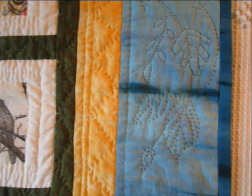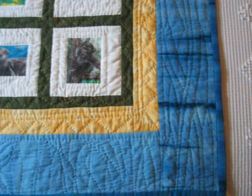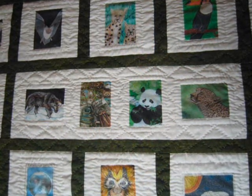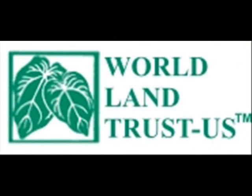The winning bidder's name will be inscribed on the certificate on the back of the quilt, which was provided from the World Land Trust. This is a wonderful tribute to the winning bidder, who will also receive the quilt to display. The funds raised from the auction will be donated to the World Land Trust, and more specifically, the Cosanga Valley Project in Ecuador. For more on how you can help save the rainforest, please go to